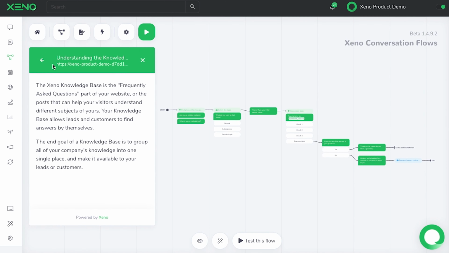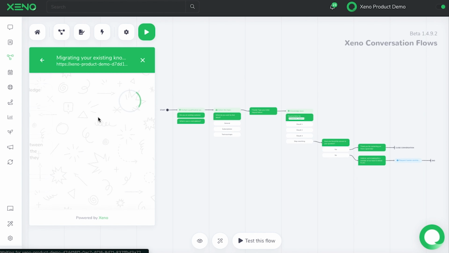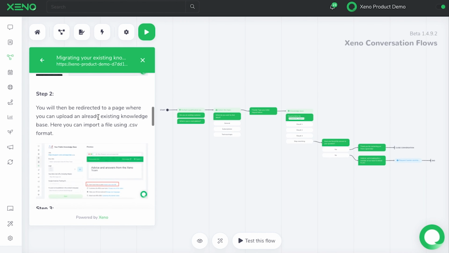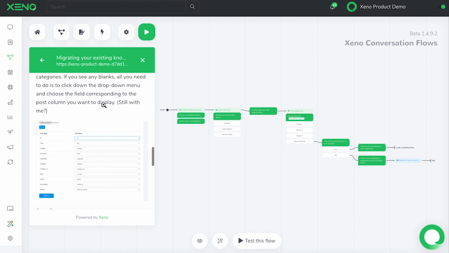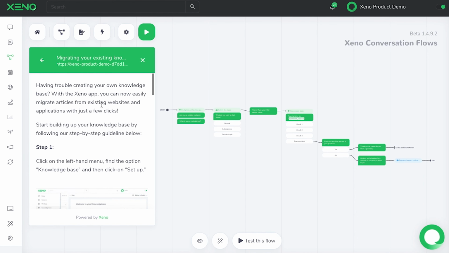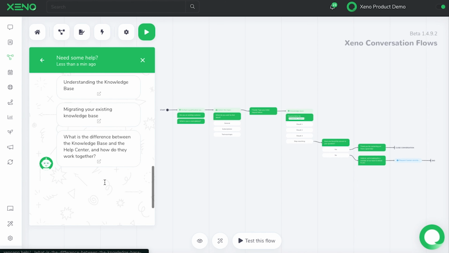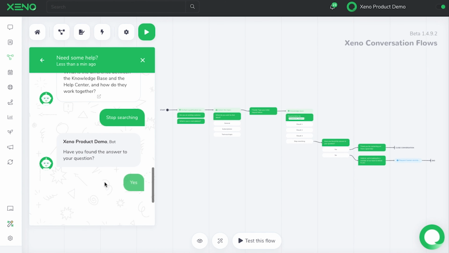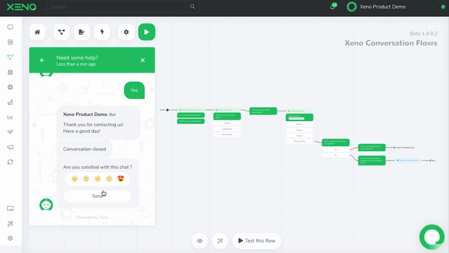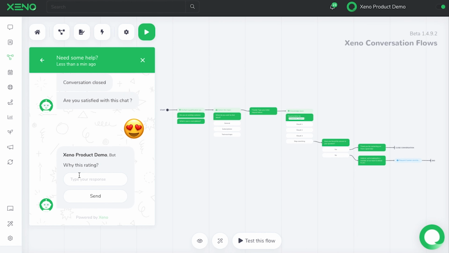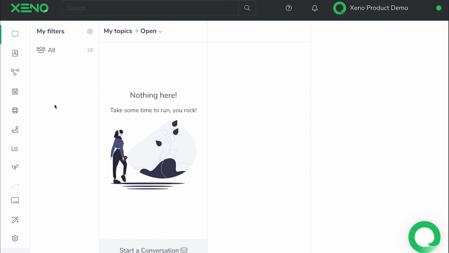That way, if they find the answer to their question, then there's no need to call a member of your team to answer. Provided that you create a detailed and rich knowledge base, you can reduce your team customer solicitation by over 30%. That's right, your contacts will be satisfied with having a quick response, and you will save time and increase productivity. It's definitely a win-win situation. Now, how does it work?